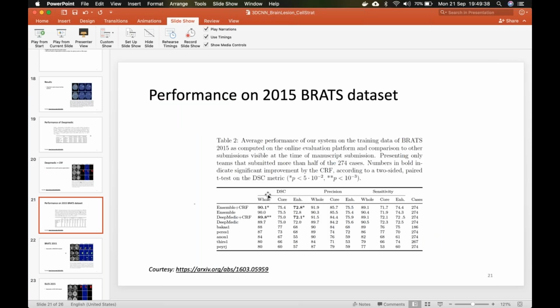So this is based on the performance on the BRATS dataset. For the BRATS dataset there is a competition held every year, and this was on the 2015 dataset. They got one of the best results here, DeepMedic plus CRF. Ensemble means an ensemble of multiple techniques.